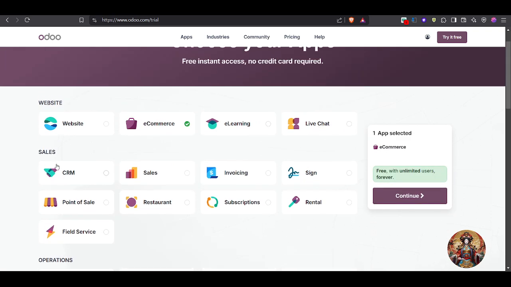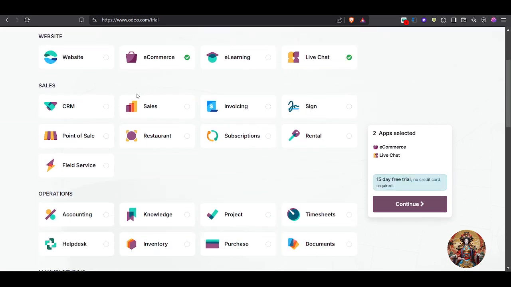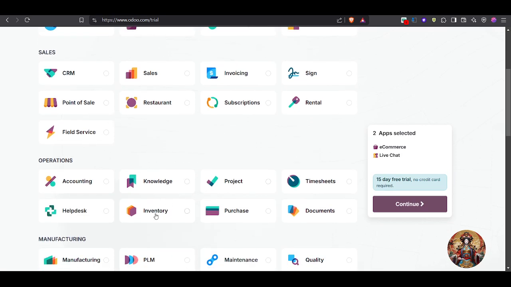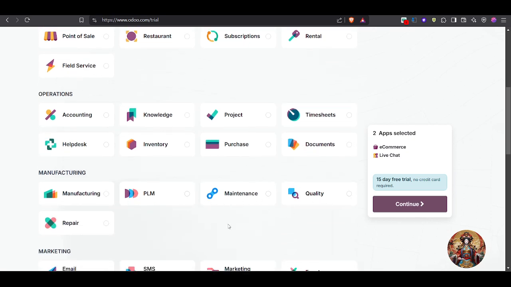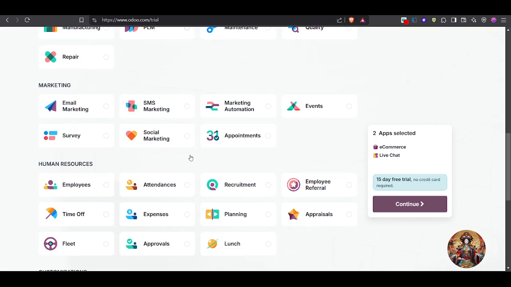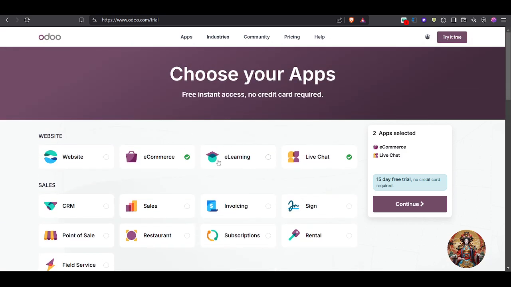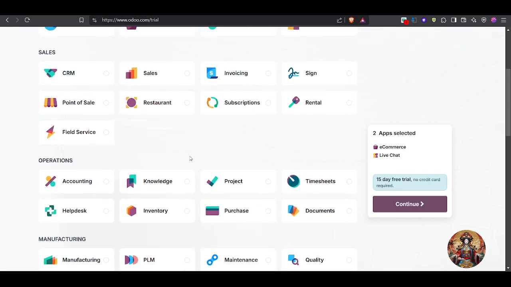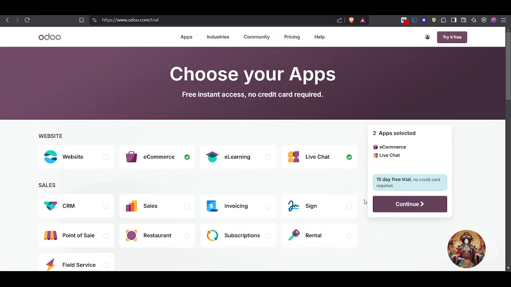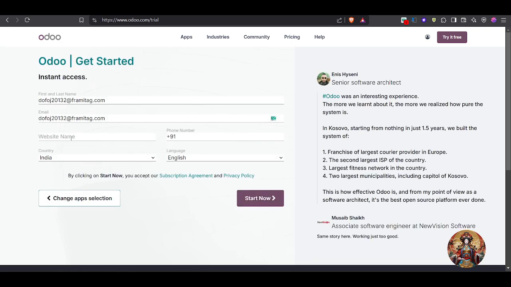For this time I just click on live chat and e-commerce. You can also add inventory, purchase, accounting, timesheet, quality, maintenance, whatever you want. Whatever the need of your website, you can add it up here, or you can add after creating the website as well. So don't worry, you don't need to choose everything from here. It's very simple. So after choosing those two things, I will just click the continue button,